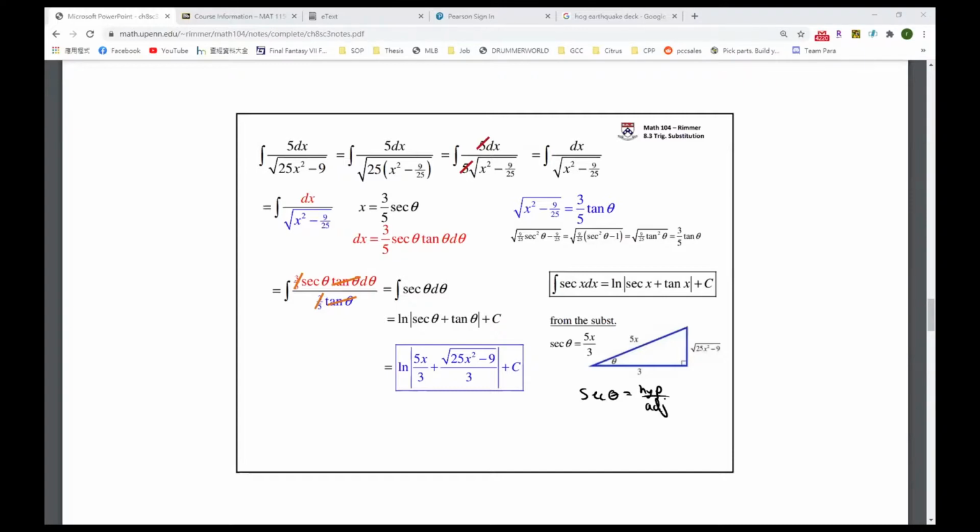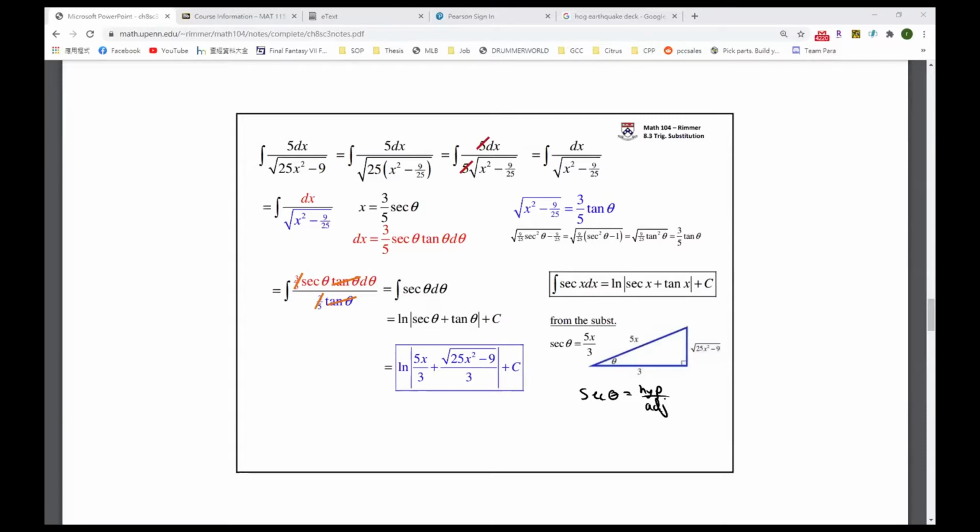All right, so let's see. ln of secant is hypotenuse over adjacent, which will be 5x over 3, plus tangent is opposite over adjacent, so this whole thing divided by 3/5. So that's 5 radical x squared minus 9 over 25 all over 3, plus c. Okay, all right, so